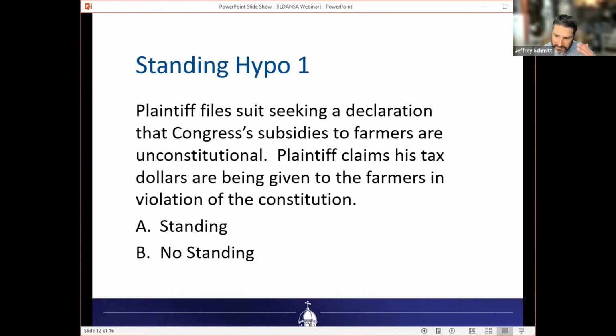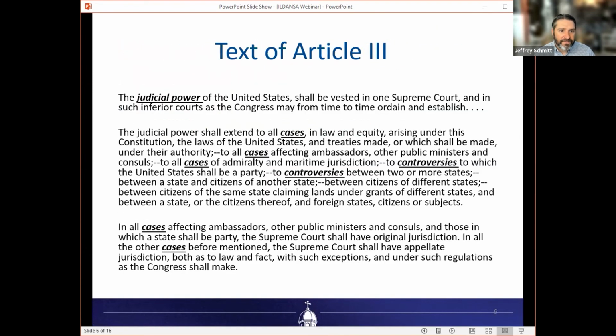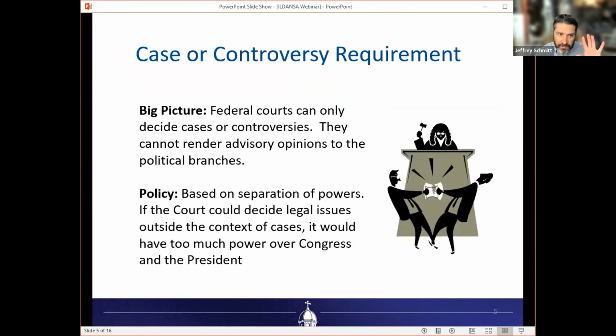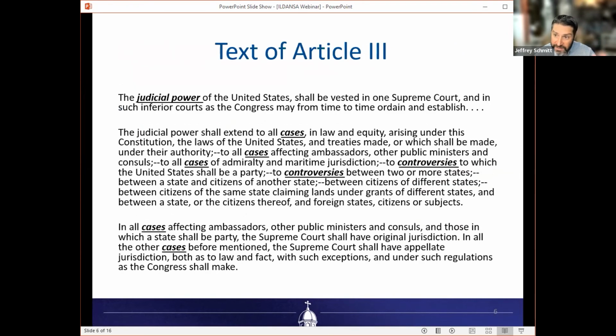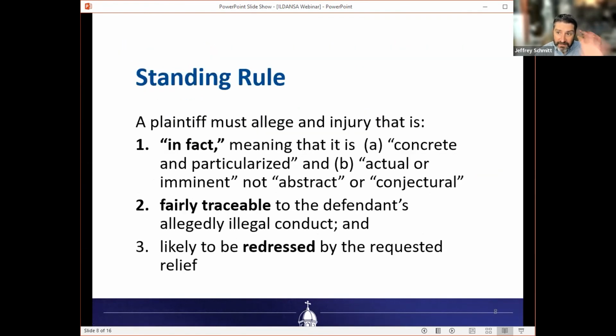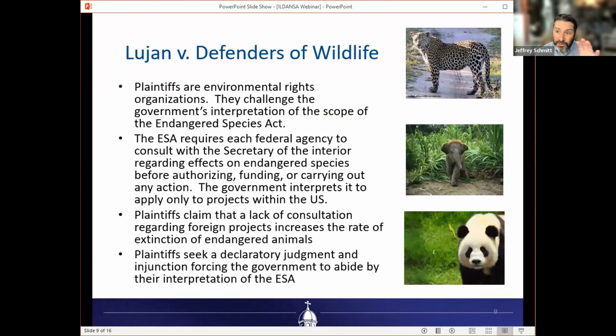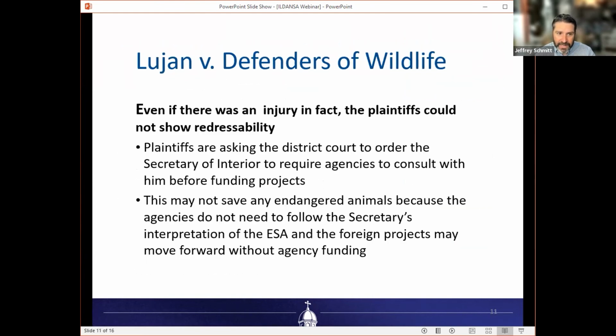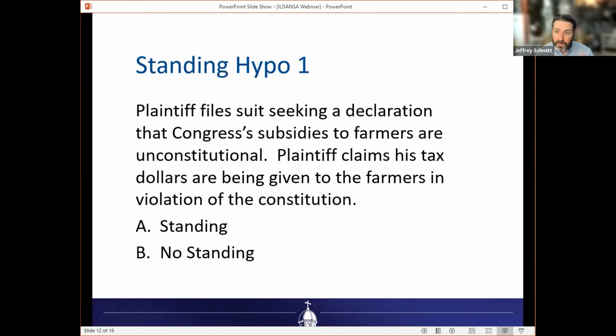So I'll just summarize from here on out. Again, we first looked at the big picture, the policy. We look at where this comes from in the text. I then roadmap the doctrines that we're going to use, give you the rule of law. We go through a case. I know I did that very quickly, but you get a sense that I'll be going through the case in a specific way, bringing out the main facts, the application, trying to explain it in as much detail as I can. Then we would do hypotheticals.